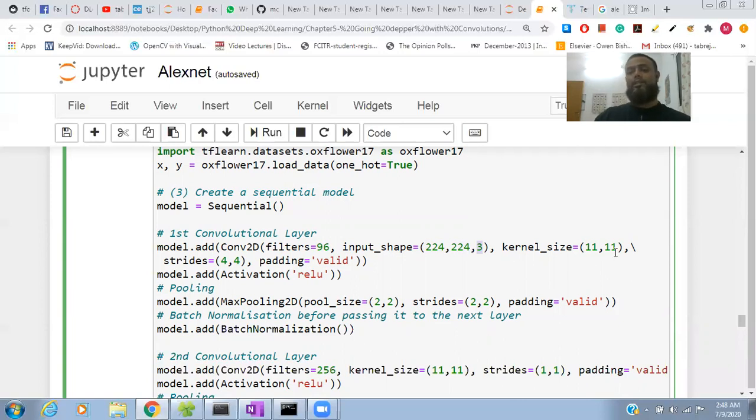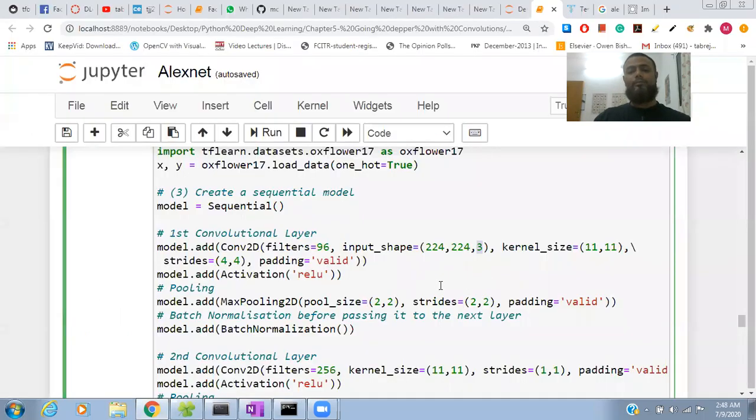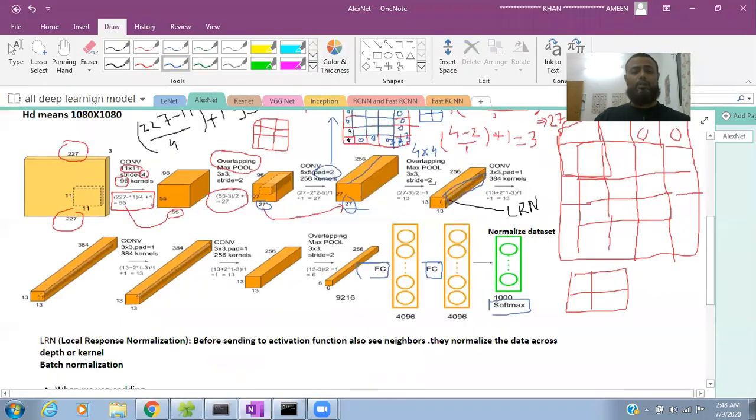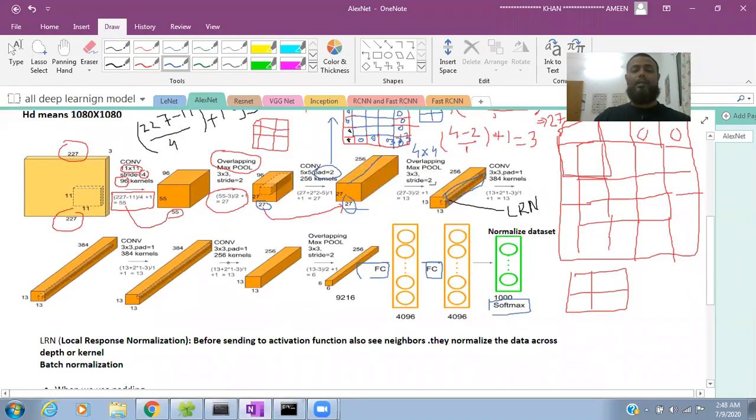Okay, and kernel size is 11 by 11, and we change our input image size. Okay, and stride is 4 by 4, and padding is valid.